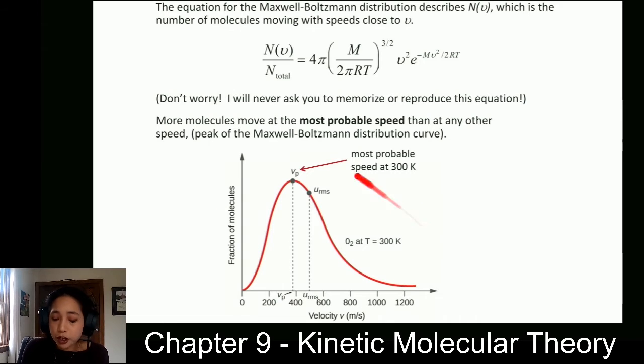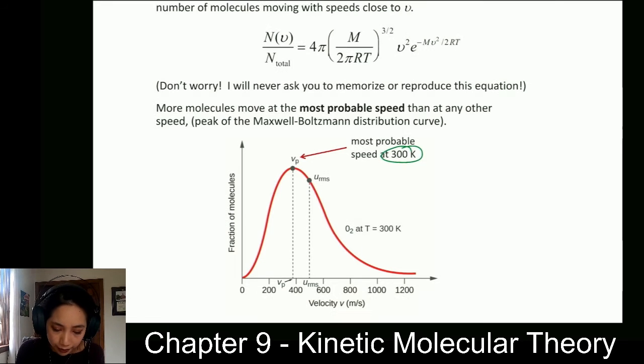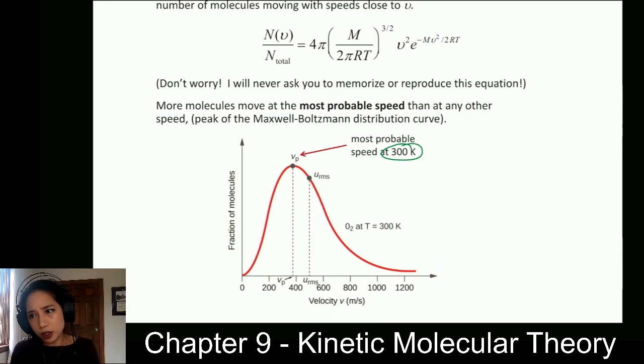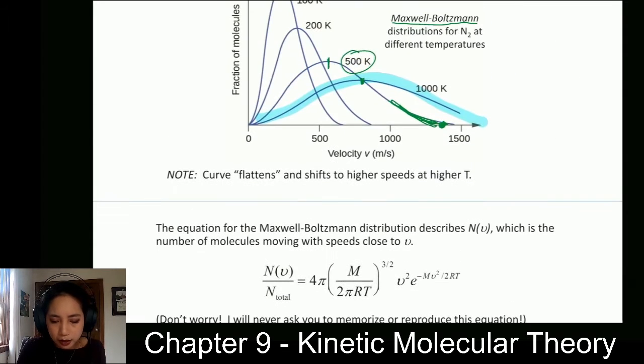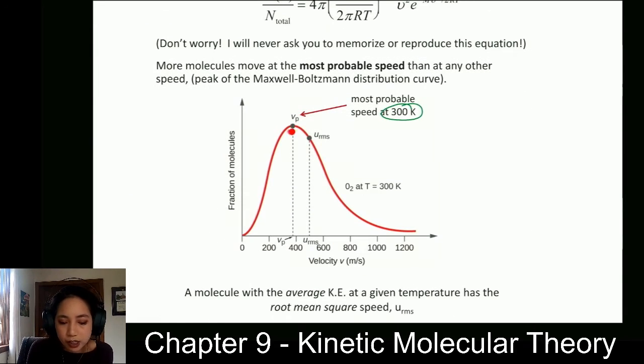So essentially, here's a reproduction of another curve, of a gaseous sample at, let's say, 300 Kelvin. There are two different points on this curve that I want you to understand. I already talked about the top point of these graphs, and how as you go to higher temperatures, the most probable speed, or the top of the curve, starts to shift to higher velocities. We might think that this is the average speed of the molecules, but it's actually not. This top point is the most probable speed of a molecule at this particular temperature, whereas the average velocity of a molecule in this sample is actually slightly to the right of the high point